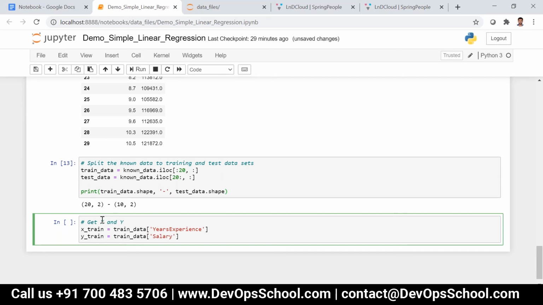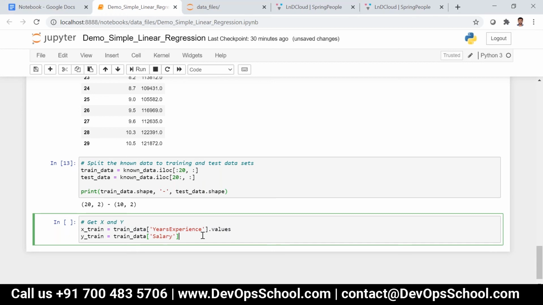Train_data of years experience, and then I can say .values. Whenever I say .values, what will happen? Here I am selecting only one column, so this will return a Series. And whenever I say .values, this will be returned in the form of a numpy array.